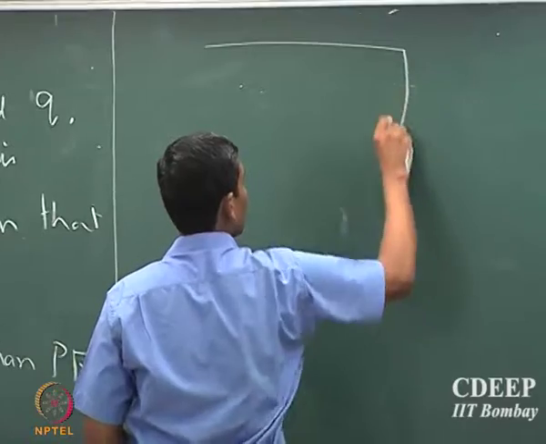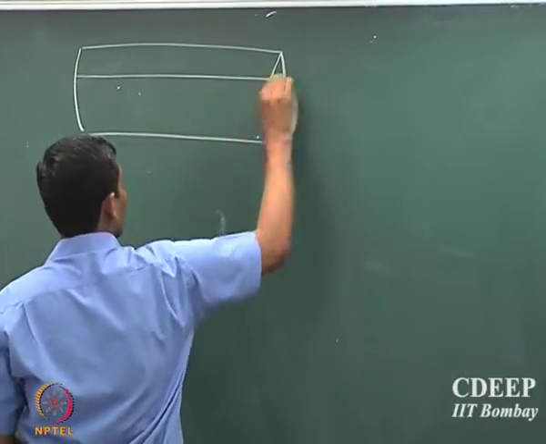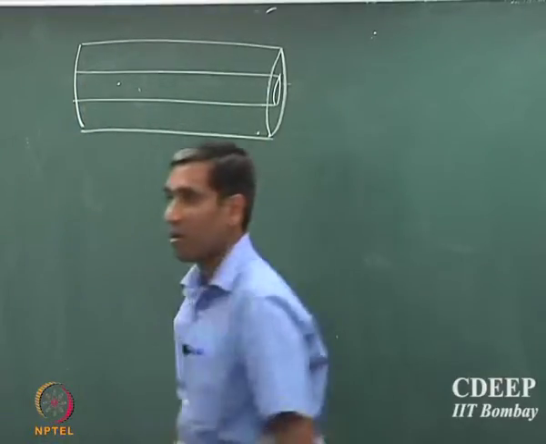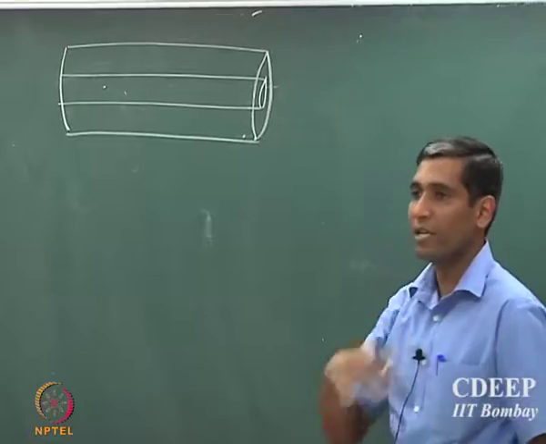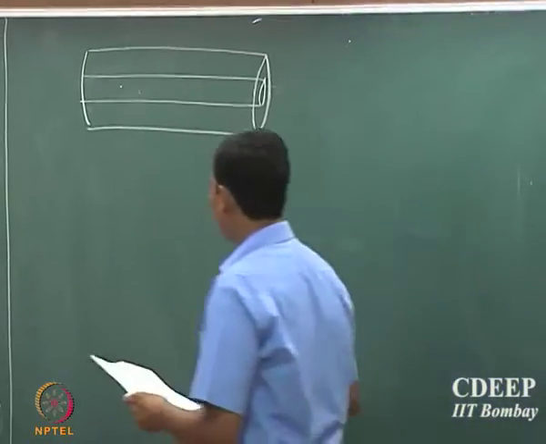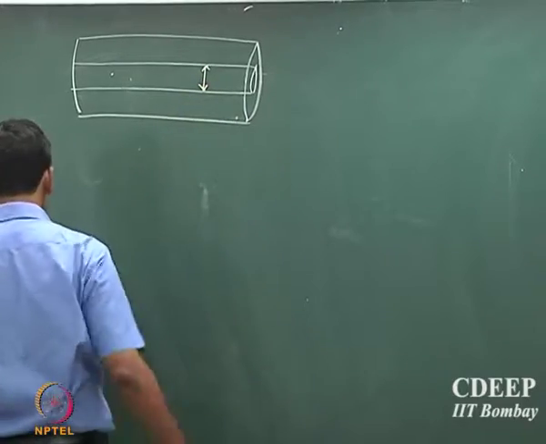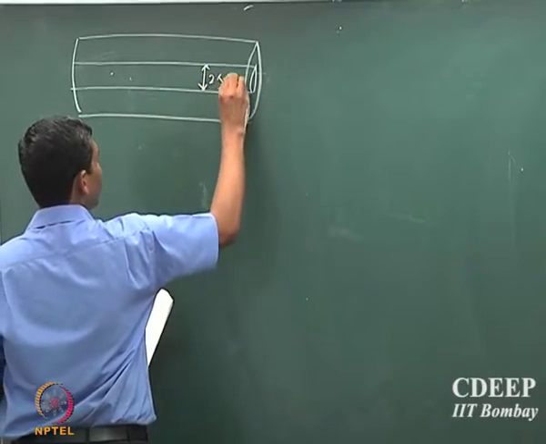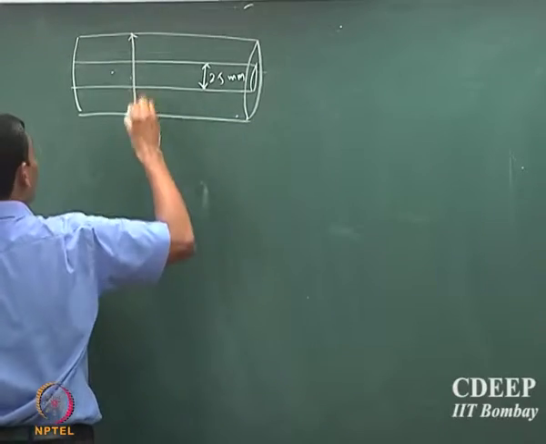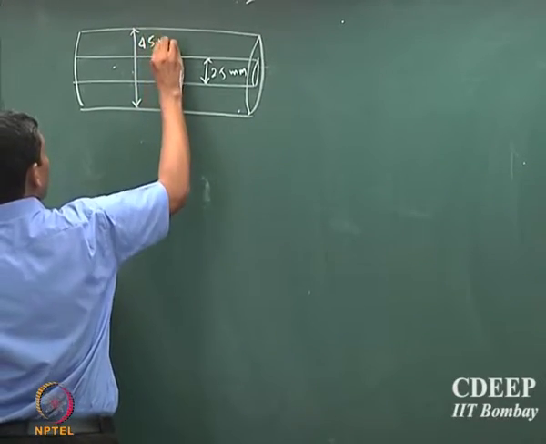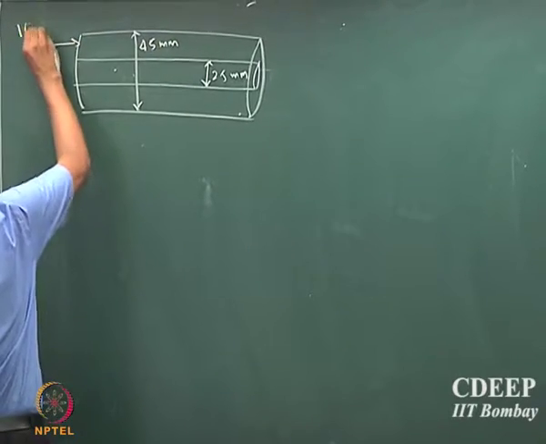Let us look at an example problem. Suppose we have a concentric tube, which is what you had in your lab experiment, but this example is slightly different from the experiment that you have done in the lab. The diameter of the inner tube is 25 millimeters and the diameter of the outer tube is 45 millimeters, and you have oil which is flowing at